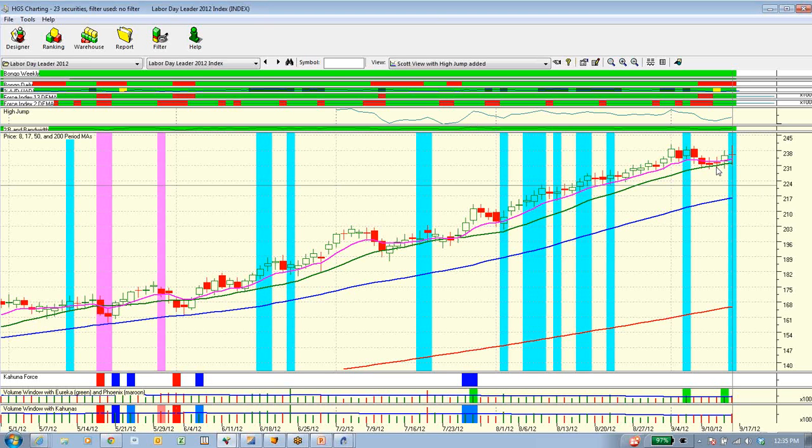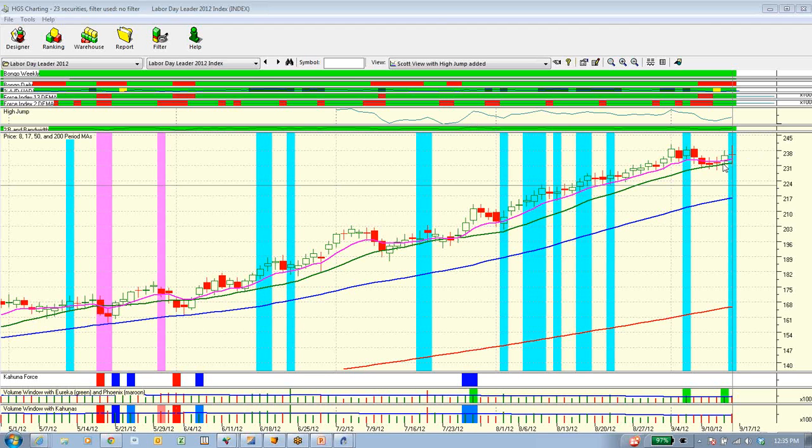It pulled back to the 17-day moving average, which it had not broken since early August. And then it had a huge day on Thursday, gapped up on Friday, but really traded about where it had opened, creating a relatively long-legged doji with a pocket pivot. So this is a market that has not broken.